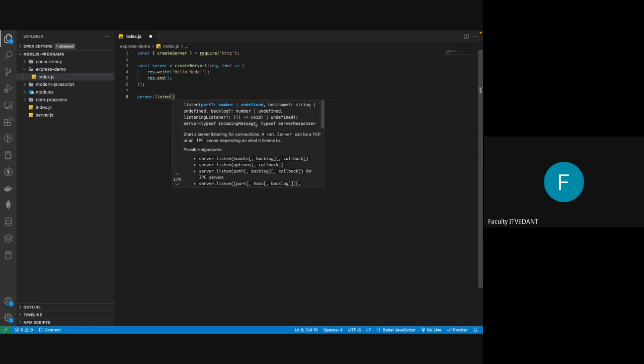First parameter is your port number. So on which port you want to listen to this server. So let's say I say 3000 port. You can give any port number. We have 0 to 65,536 port numbers available, out of which some of them